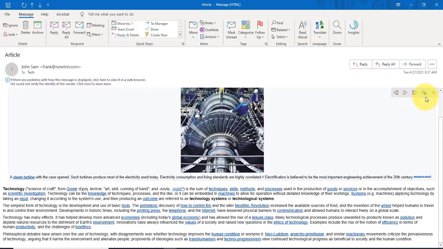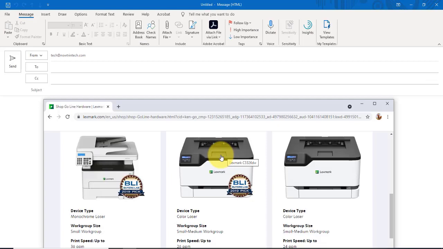And you can pause it here. Also, there are some settings here. Click on the settings, and there's a reading speed. You can select the voice that you would like. So that's Read Aloud. Tip number 3, in Microsoft Outlook, you can take a screenshot of a web page or